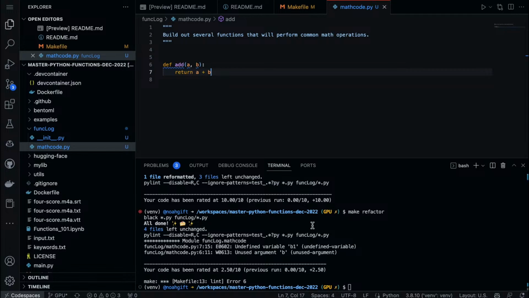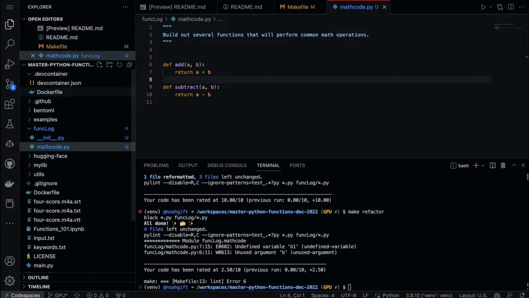And if I want to, I can add more stuff. You can prime it by adding a comment at the top. You can say, build a subtract function. There we go. And so this is really boilerplate code.